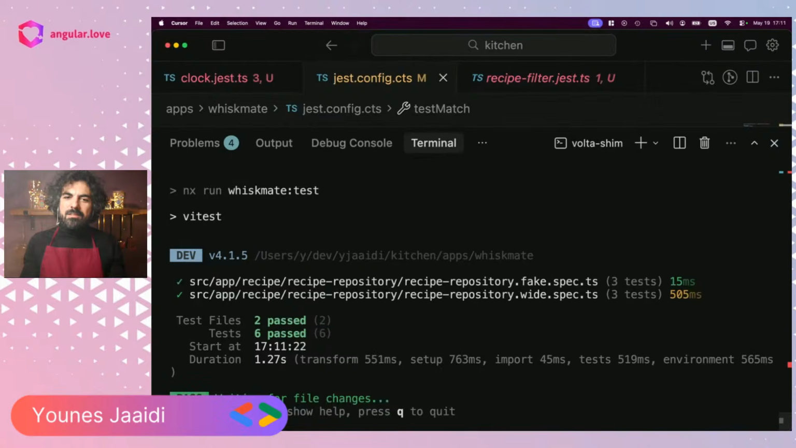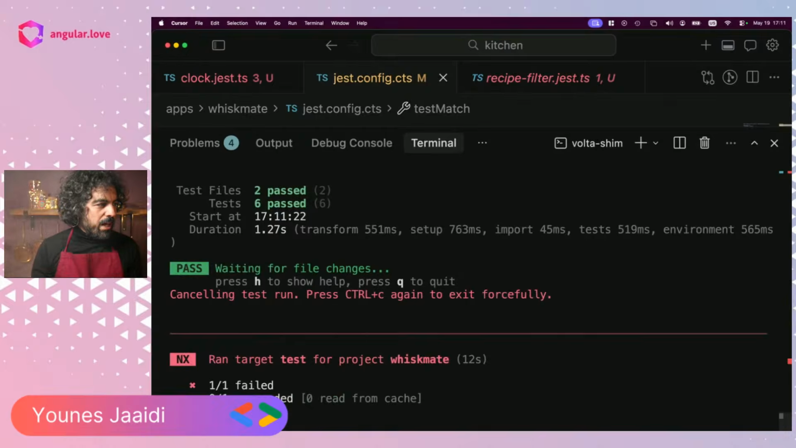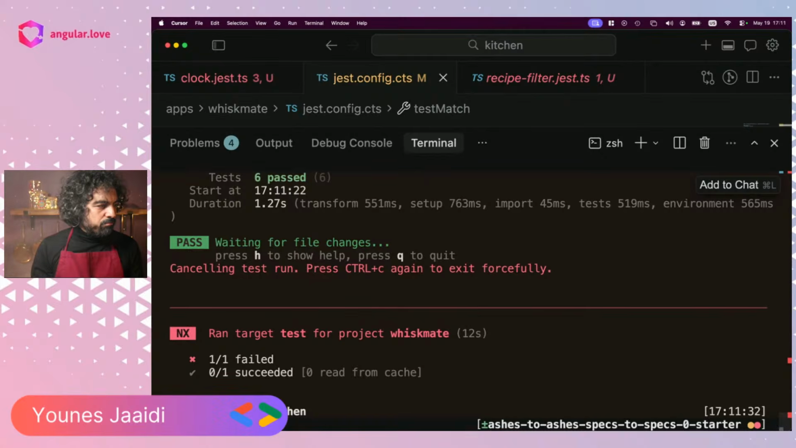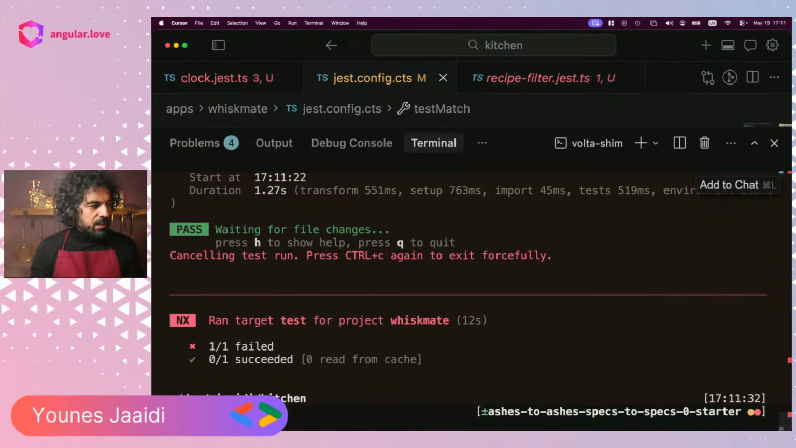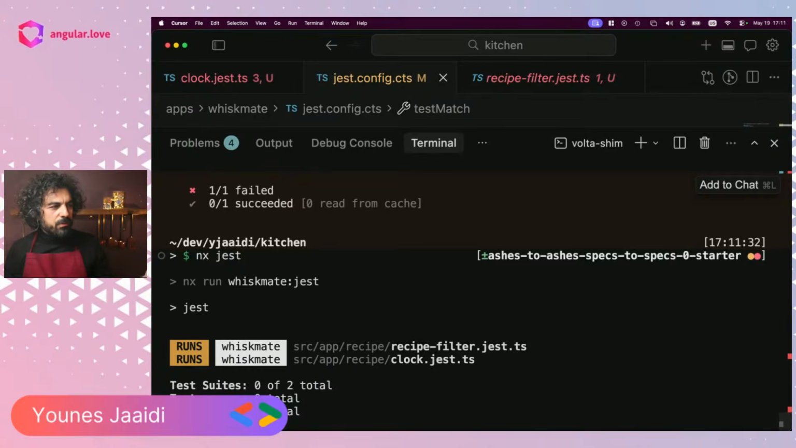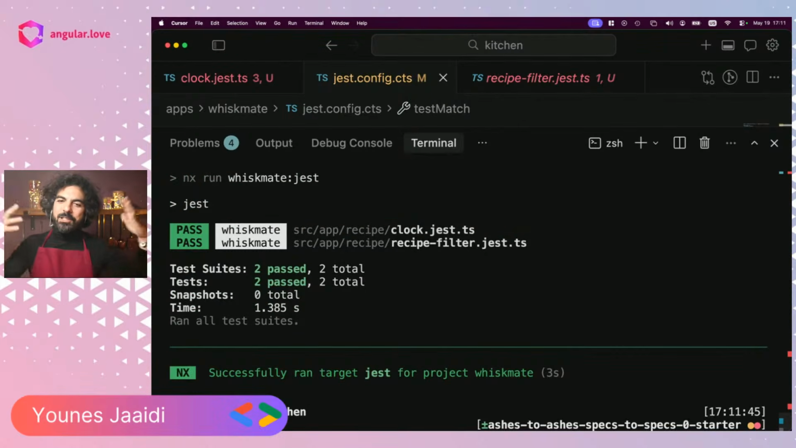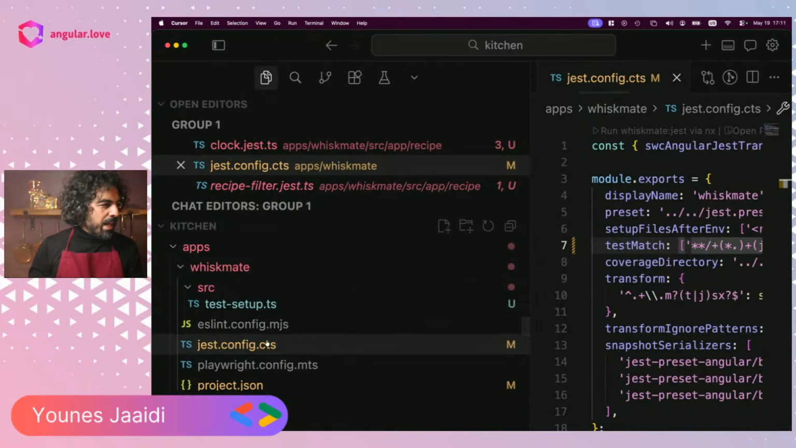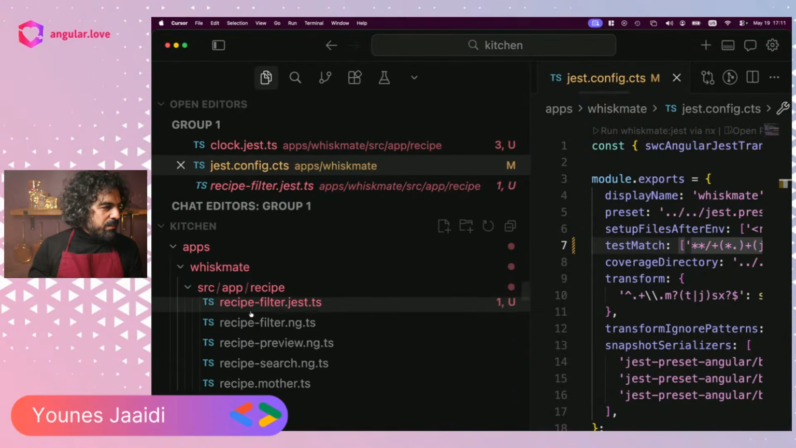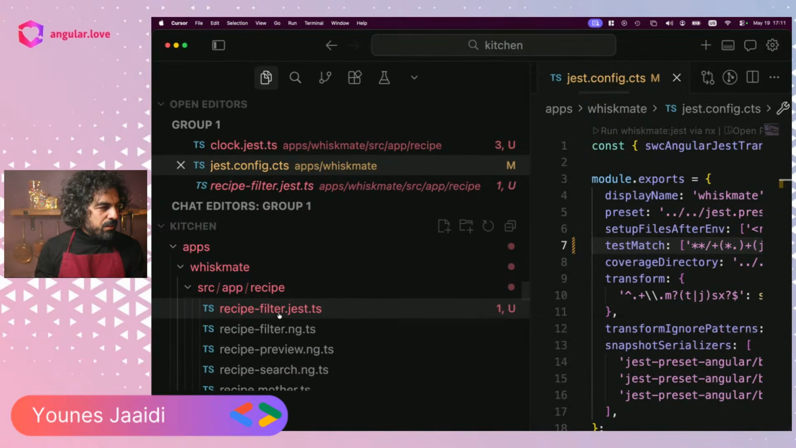And that's one of the amazing things between Jest and VTest, that they share a lot of similar API. And so you mostly don't have to change anything. And if you're using Jasmine, well, you have the Angular CLI migration too. And if I run nx jest, it will run Jest in the folder, and the Jest tests are passing. So this works. Or, as it has been mentioned, I could just